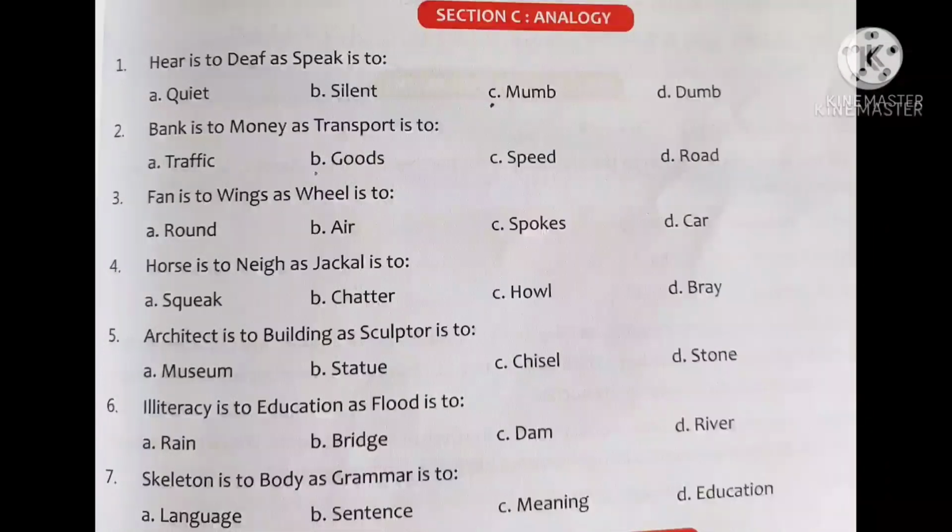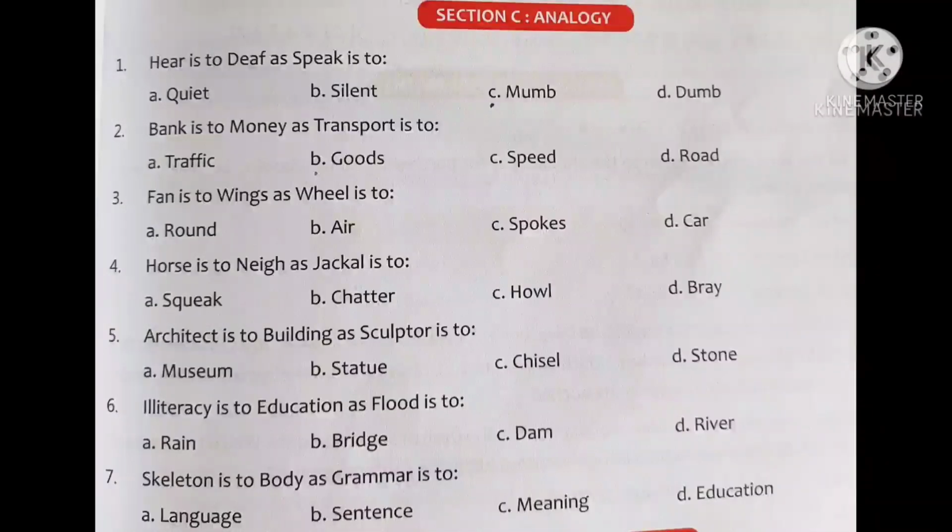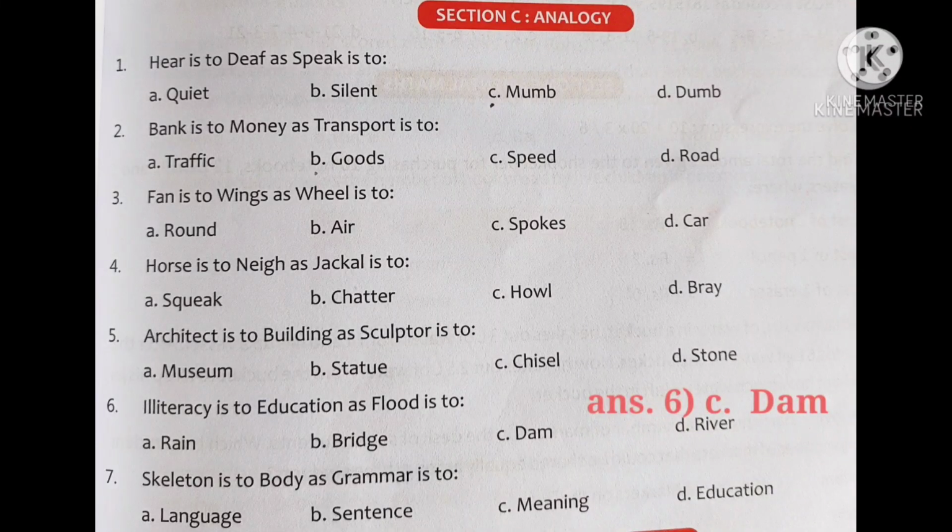A, museum, B, statue, C, chisel, D, stone. So we will get to know that option B is the correct answer. So statue is the correct answer. Number 6, illiteracy is to education as flood is to. Now comparing things, we'll come to know that from option A, B, C and D, C, dam, is the correct